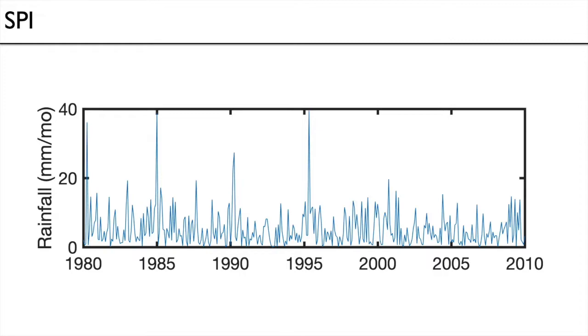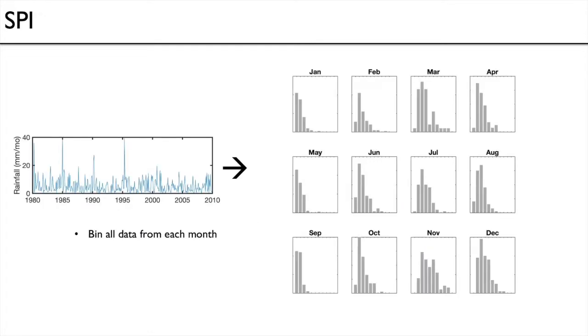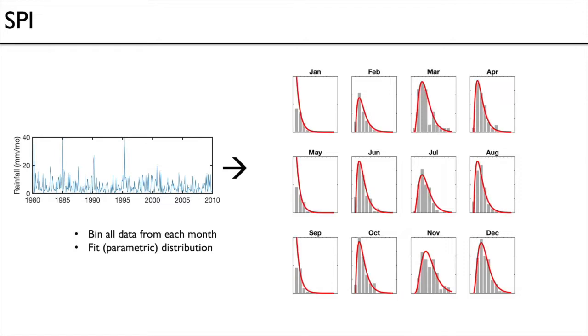And so the first step in doing this is to take the precipitation data and pool it at weekly or monthly timescales, and then create a climatology for that entire, let's say we're working with monthly data, so we get a climatology for each month. We have a distribution for each January in our data set at a given location, and a distribution for each February, and a distribution for each March, and so on. Once we have that distribution, we fit, in this case, a gamma. We're going to fit a parametric distribution to our pooled data for each month from our entire temporal domain.